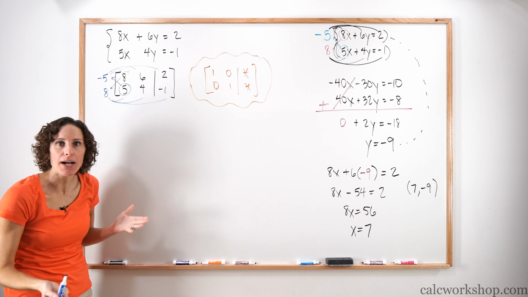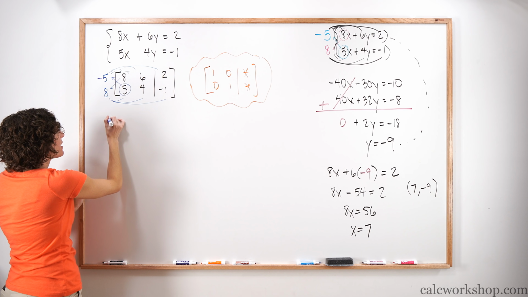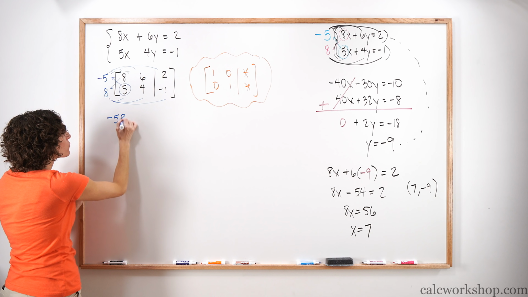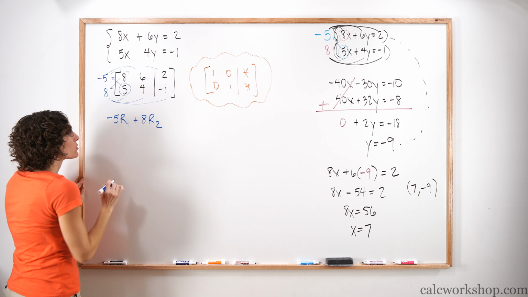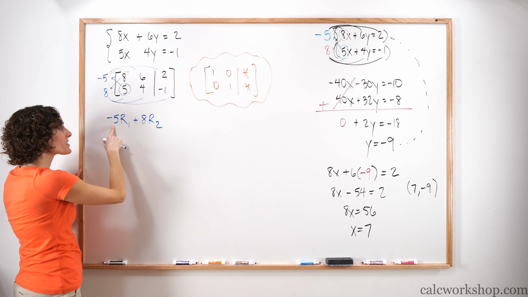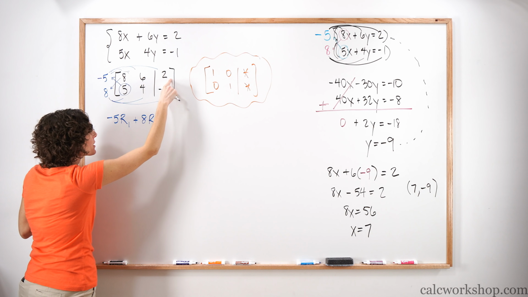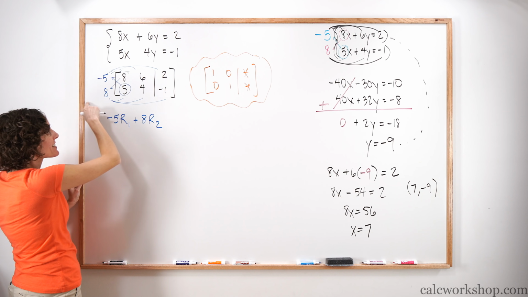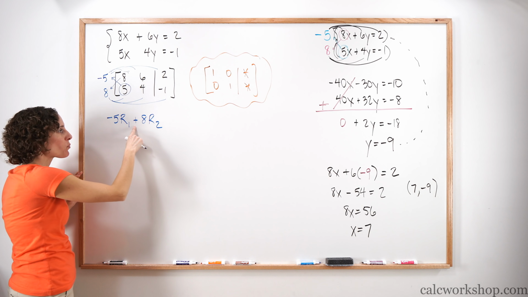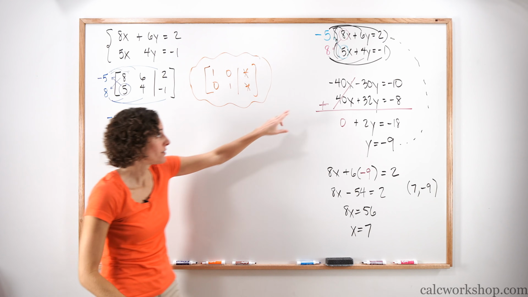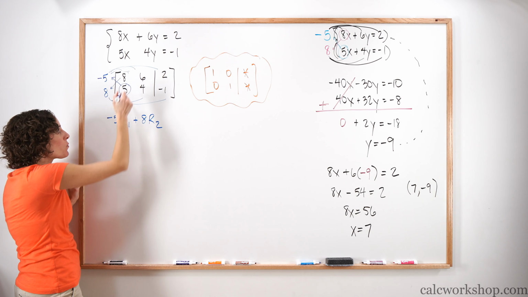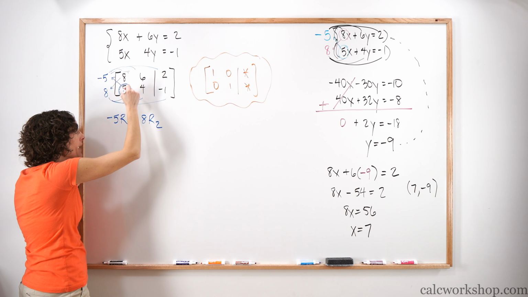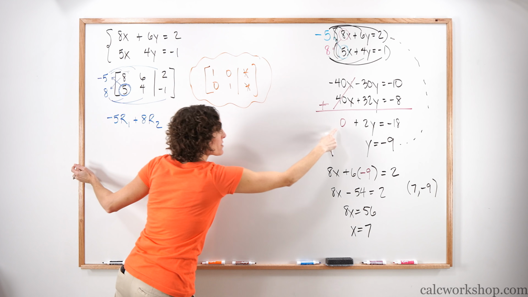Well, that's the command line we're going to write. We're going to say -5 row 1 plus 8 times row 2. We're going to take -5 and multiply entirely through row 1 and 8 entirely by row 2, and we want to eventually add them, just like we did here. What do we want to do? We want this guy to go away, which is exactly what we saw there.